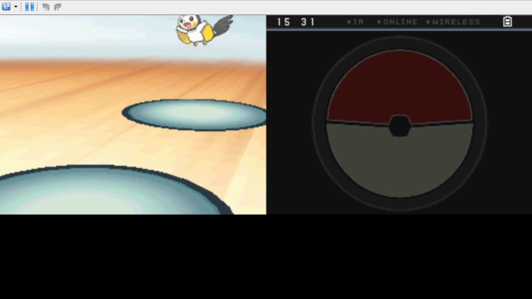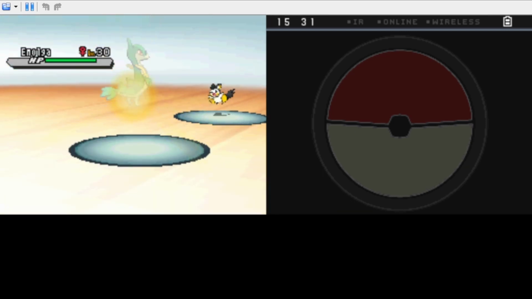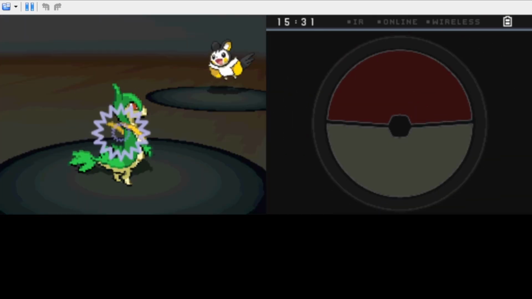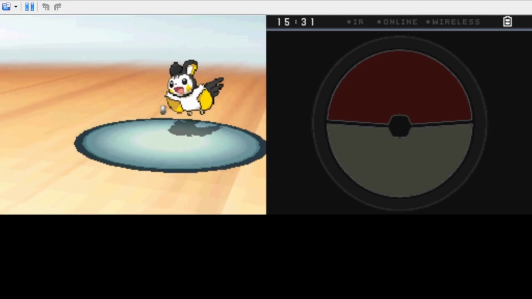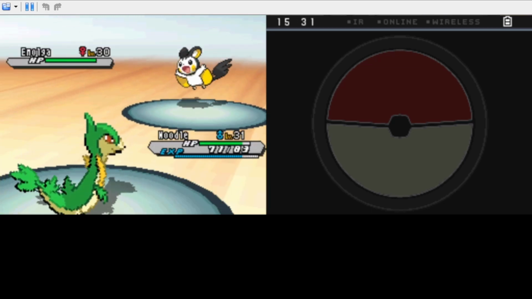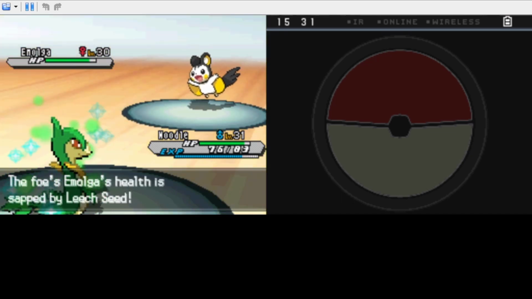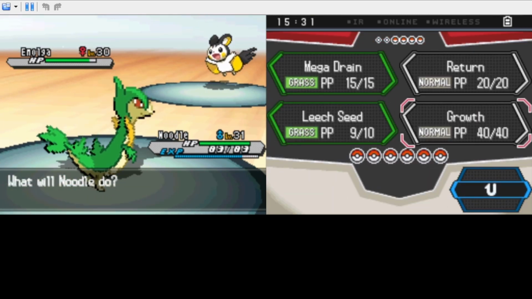Alright, 4 Pokemon, that confirms this is indeed challenge mode, and we are indeed cooked. But we'll do our best. So, my strategy doesn't really have anything to do with this Emolga, so we're just going to use Leech Seed and kill it however we can kill it. Nice to see that it uses Pursuit here, so I don't know if that means the gym leader is just going to press buttons and not use their super effective attacks,